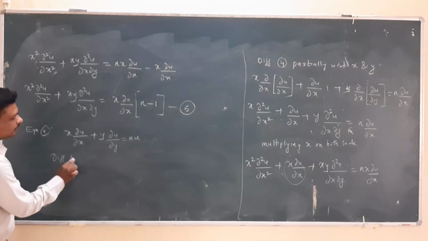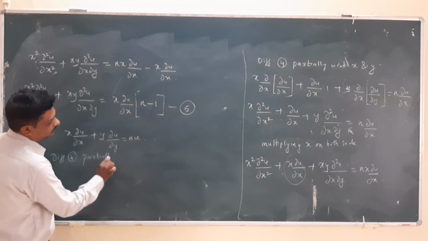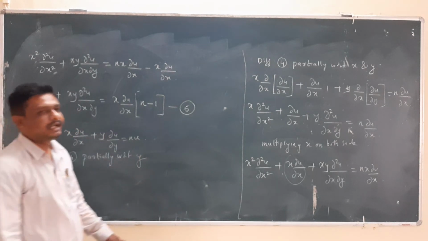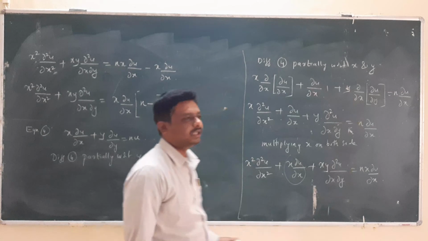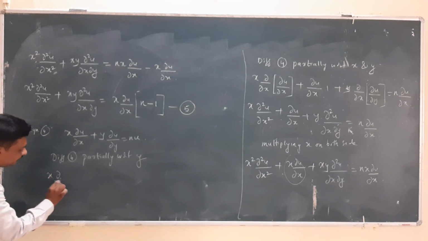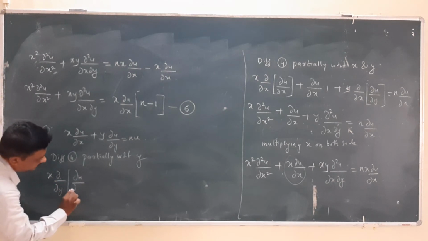Differentiating equation number 4 partially with respect to y. So already I have written here x and y. So once again I am writing here this statement. Now I will differentiate this one with respect to y, taking x as constant. Here x is constant. I will write as it is dou of dou y of dou u upon dou x